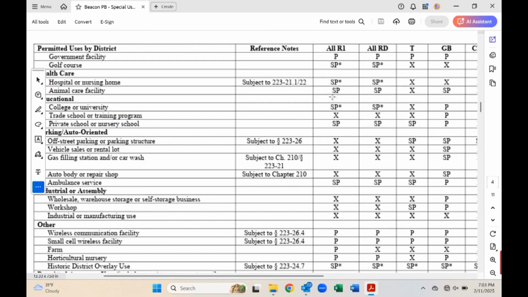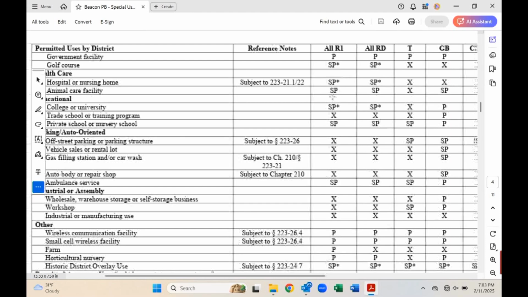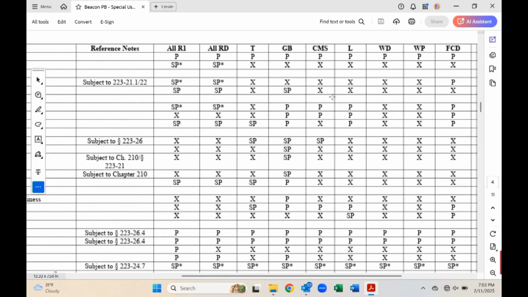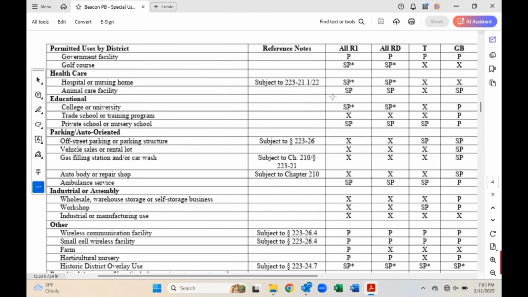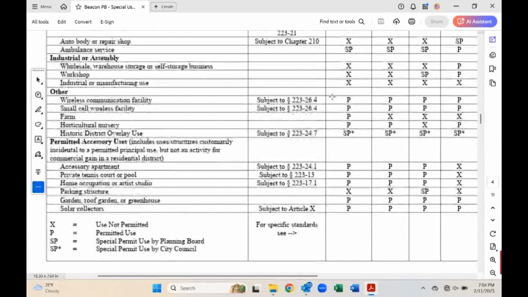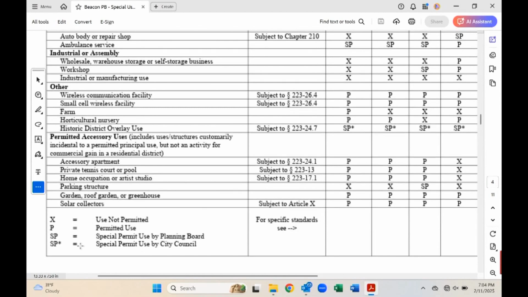What you have on the left-hand side is a list of all uses, or most uses, or general uses, and then across the top you have each of the zoning districts identified. Uses are categorized by use and by district. So a use that is permitted in one district may be excluded in another, or it may require a special permit. City of Beacon also has, as you can see down here, special uses identified by SP, if it's a special use that needs to be reviewed by the planning board. And then if there's an asterisk next to that, that is a special use that is specifically reviewed by the